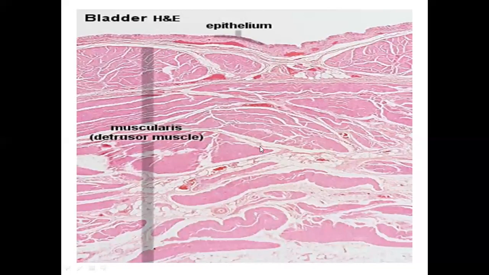Again, a magnified image where the overall wall is quite thick. The luminal side is lined by transitional epithelium. Below the epithelium, there is a very thin amount of connective tissue. Below that, which is lamina propria, there is a very well developed layer of muscularis externa. And then outside the muscularis externa has to be adventitia. Oh, sorry, serosa here in the case of the bladder.